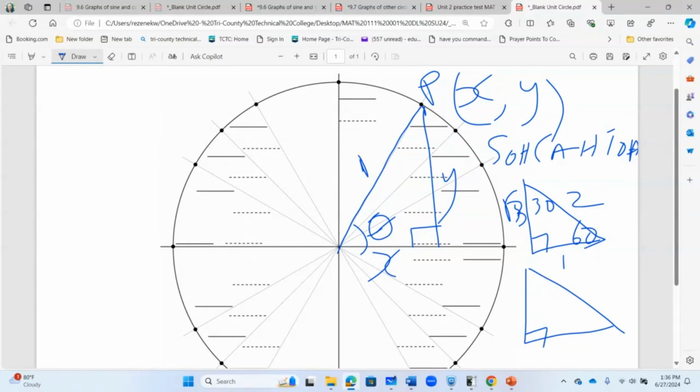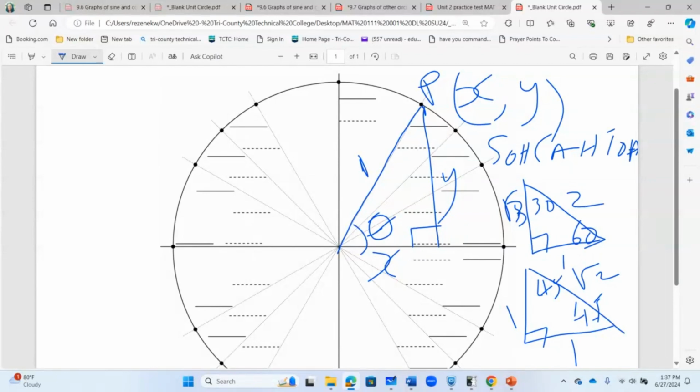will not be given that in a test. I said, you will not. You will have to remember them though. So this is 45, 45, 90. Okay, and we know that this is 1, square root of 2 as a hypotenuse. Okay, so we are told to find the,